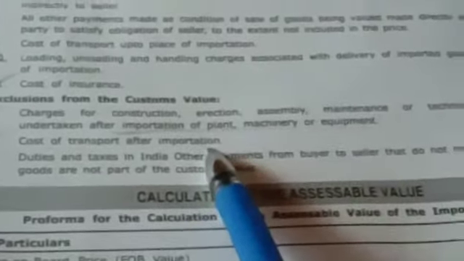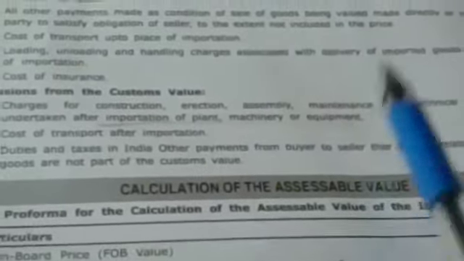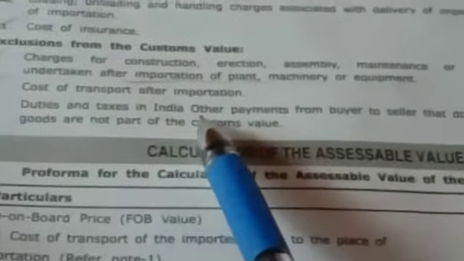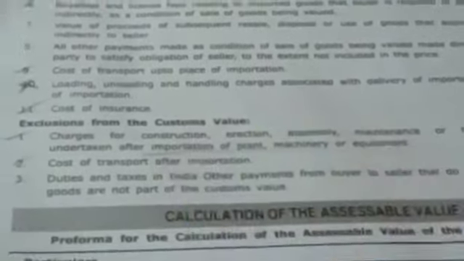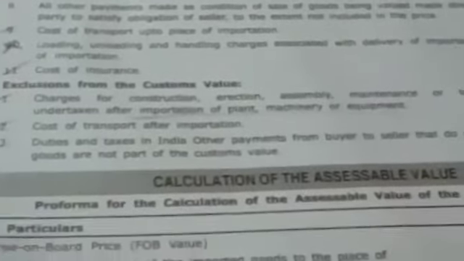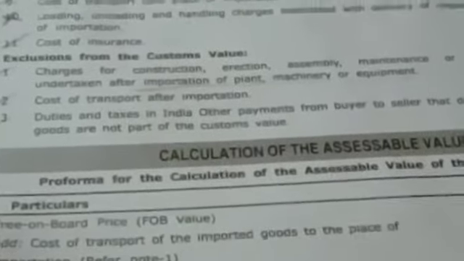In the same way, erection charges, maintenance charges, installation charges in the factory are nothing but expenses incurred after the importation. If already added, it should be deducted. If it is given in the problem, it should be ignored if it is not already added. So, if you add certain expenses to the price of the goods, and in the same way deduct certain expenses, whatever amount is left over is called the assessable value.